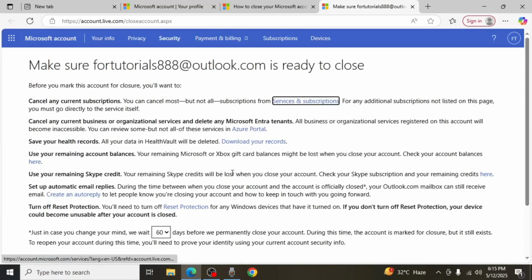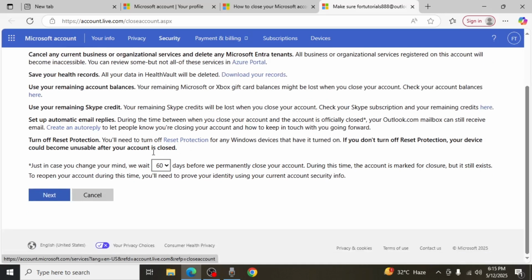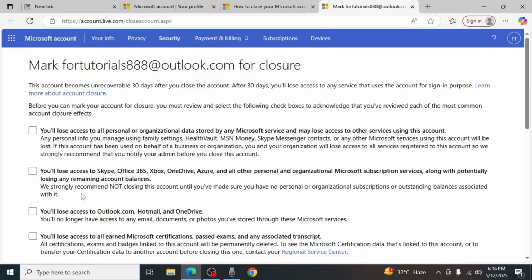If you have any active subscriptions, such as Microsoft 365 or Xbox services, it is recommended that you cancel them first. Next, Microsoft will ask you to choose a grace period, either 30 or 60 days, during which your data will be saved in case you change your mind and wish to reopen the account. Click Next to proceed. You will now be presented with a list of consequences that will result from closing your